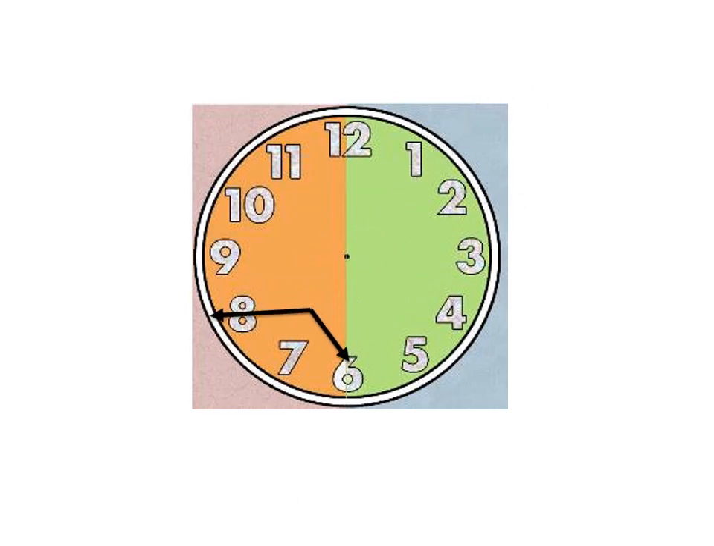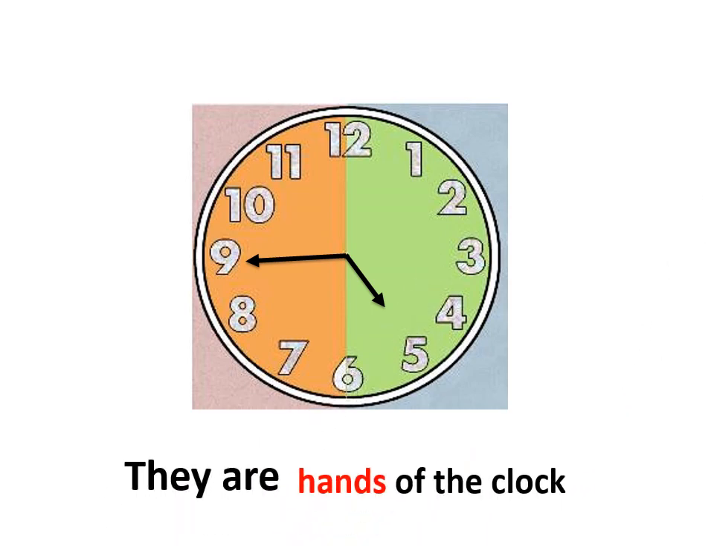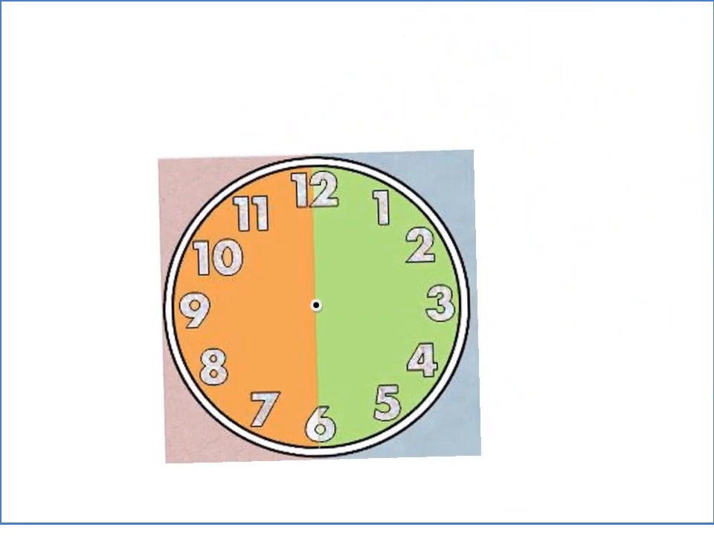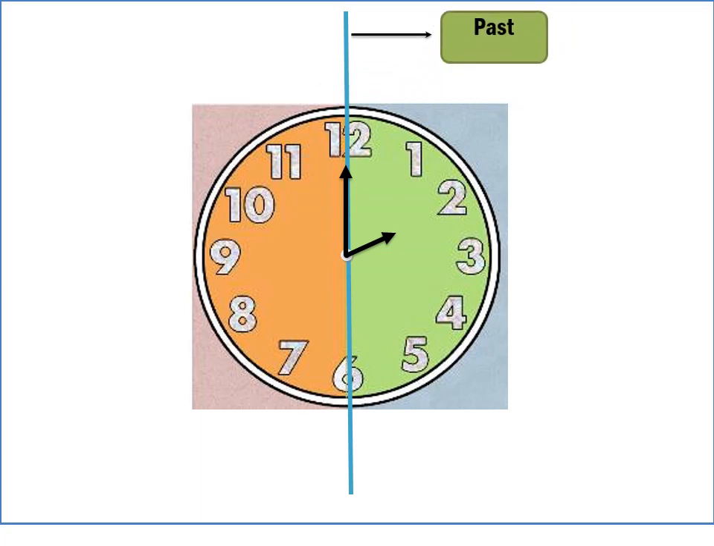I have two hands, or two arrows, for the clock. These are the hands of the clock. Okay, let's begin. I have this clock and these two hands, a long hand and a short hand. I'll divide my clock into two parts, the part on the right and the part on the left. Let's begin. If I have the long arrow